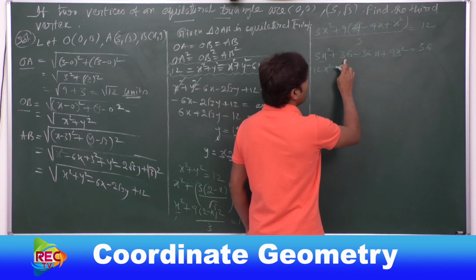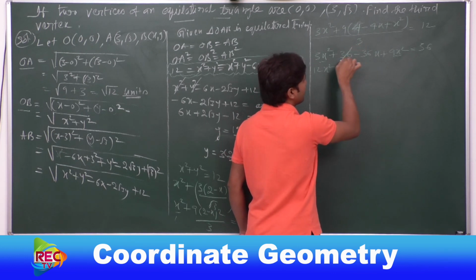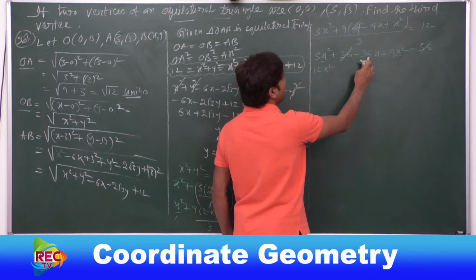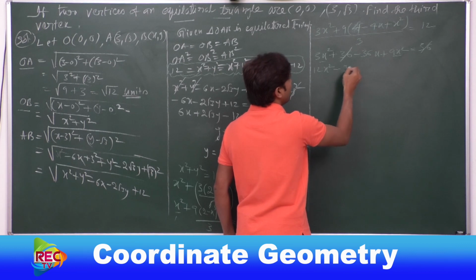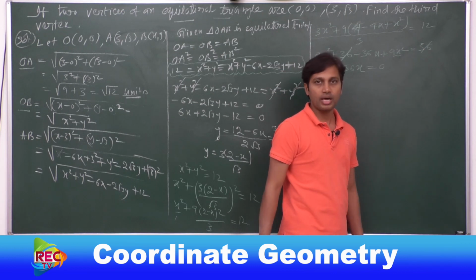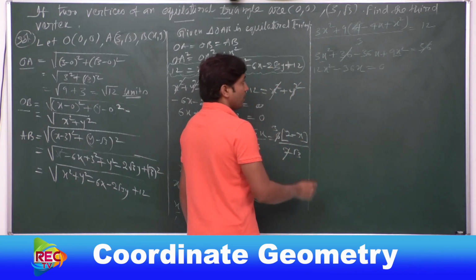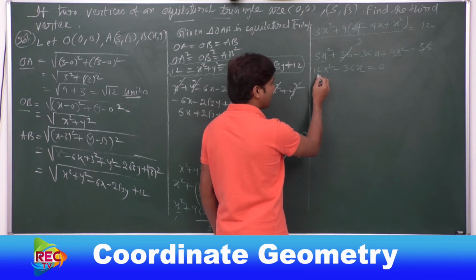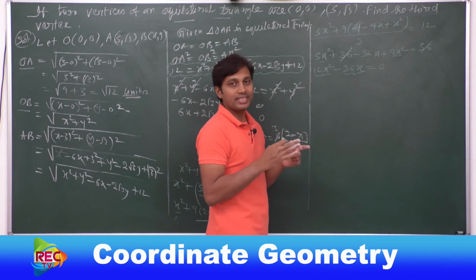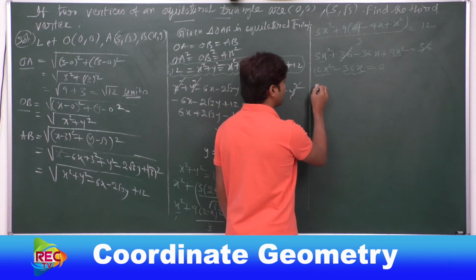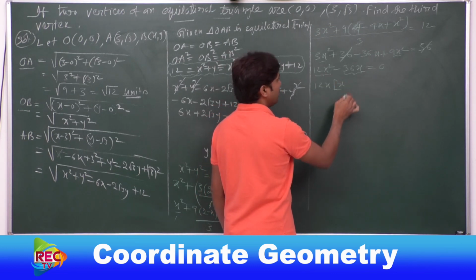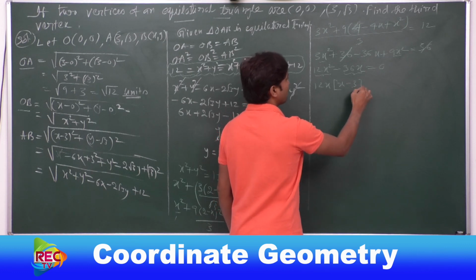And see this, on both sides of the equation we have plus 36. We can cancel this. So what is left over? Only one term is left over, which is minus 36x, equal to 0, because nothing is left on the RHS. Now see, we can take 12x common. How many terms are here? This is one term and this is one term. In these two terms we find 12x as a common factor. So let us take it common. So 12x is taken out. Now here x is left over and here minus 3 is left over, equal to 0.